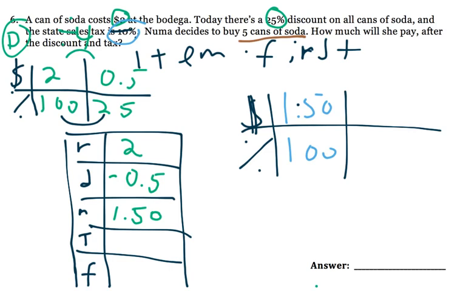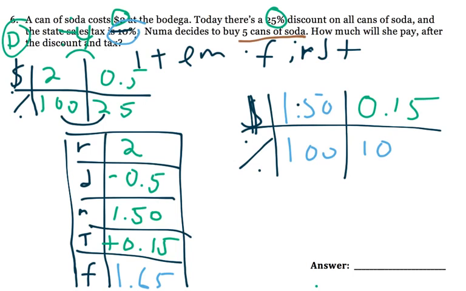So 100 divided by 10 is going to be 10, and 1.5 divided by 10 is going to be 0.15. So tax is going to be 0.15, and then to find the final price for 1 can of soda, we add 0.15 to 1.5, and we get